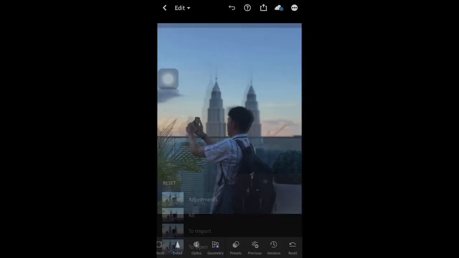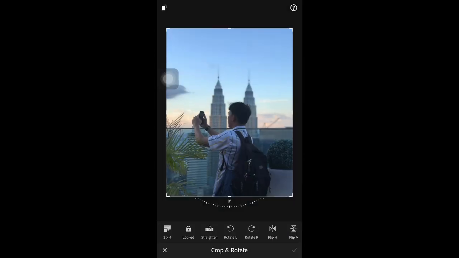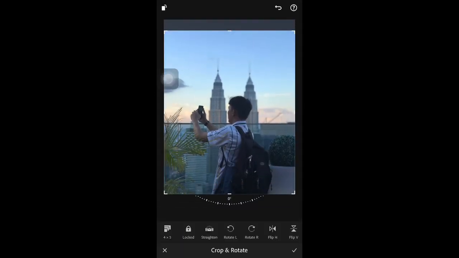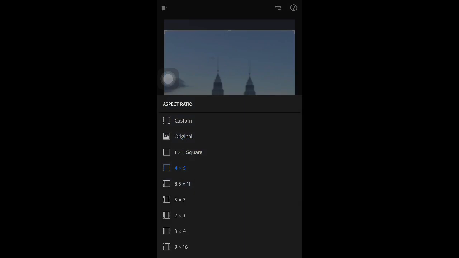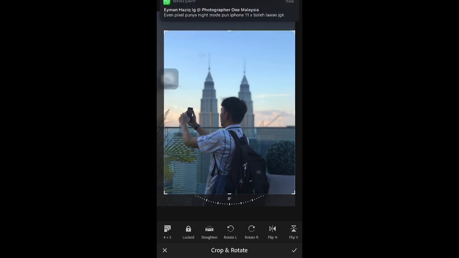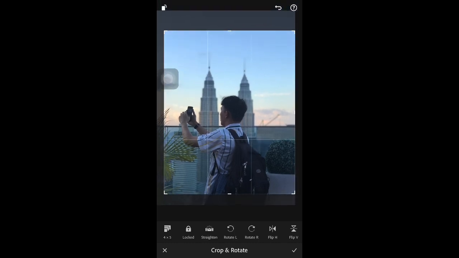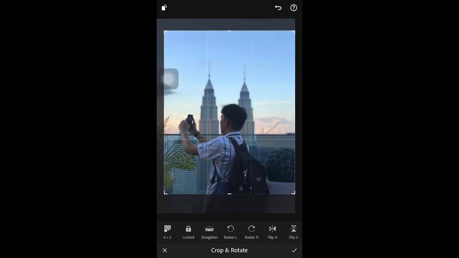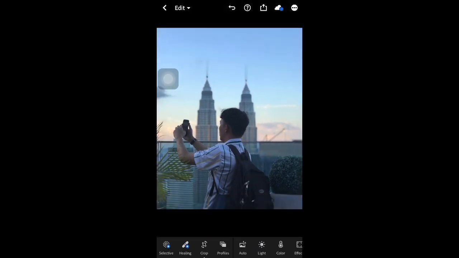His name is Ben. Okay, first off, you've got to set the composition. If you want to post it on Instagram, I recommend you use 4x5. It's much easier because it's the exact same size as the Instagram post, and you have to crop it and adjust it at the center of the picture. For example, this is quite a silhouette of a picture. I'm gonna put his head in the center of the picture, and after that I'll crop it,